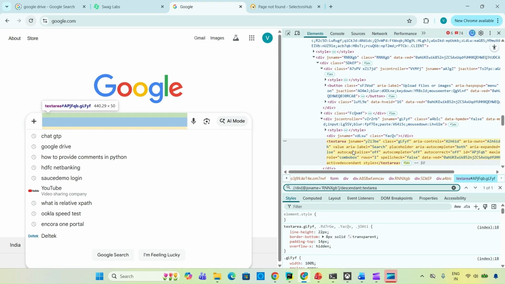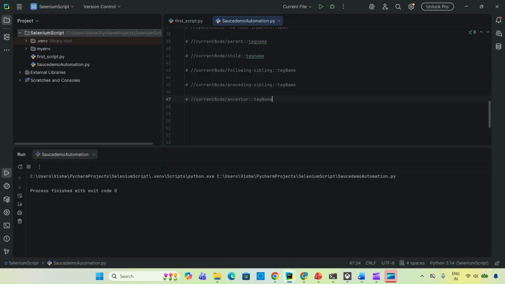Now there is this concept of following and preceding. So we have seen the concept of following sibling, preceding sibling, but there is a concept of following and preceding as well. But yeah, before that, as our ritual, let me write the generic syntax of descendant also. Okay, so current node, then descendant, followed by double colon, and then tag name. Okay,